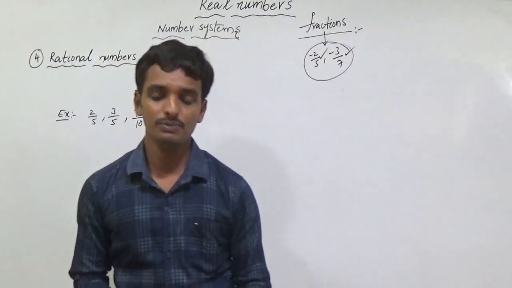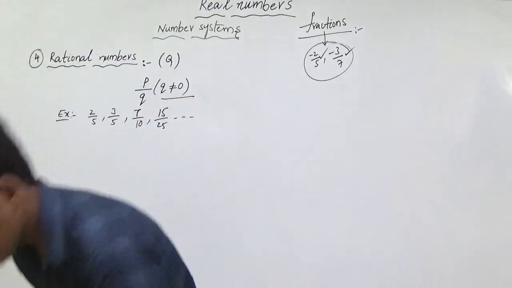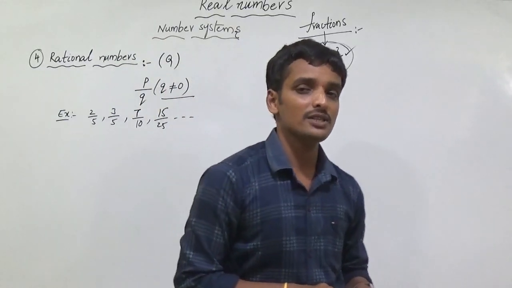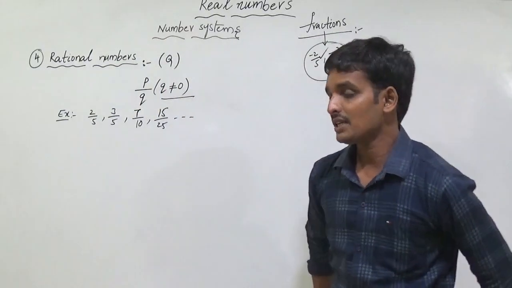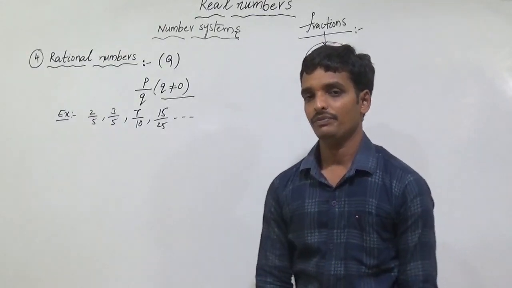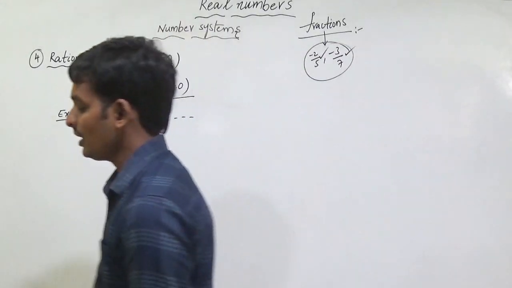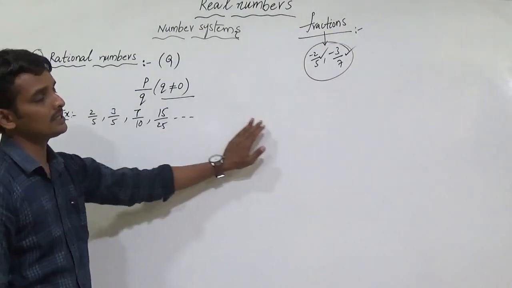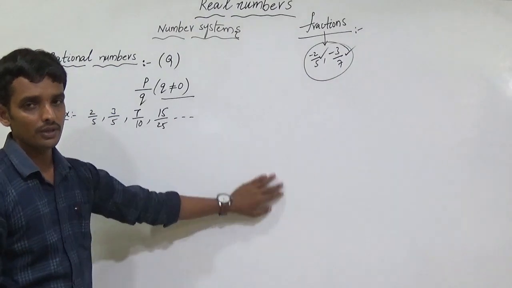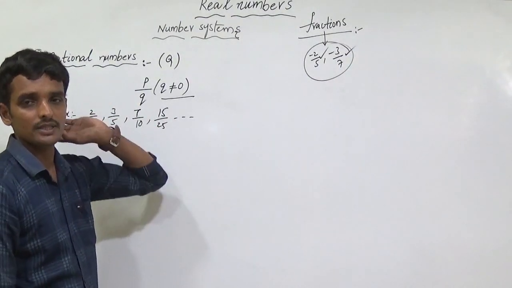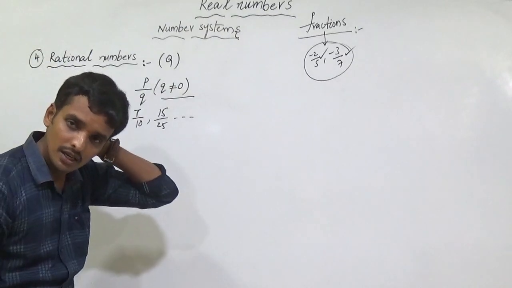How to find the difference between fractions and rational numbers. In rational numbers there are positives and also negatives, but in fractions there are no negative values. Are you okay, my dear students? So you have to memorize all these things, recalculate them, and recite these topics two to three times. Are you okay, students?